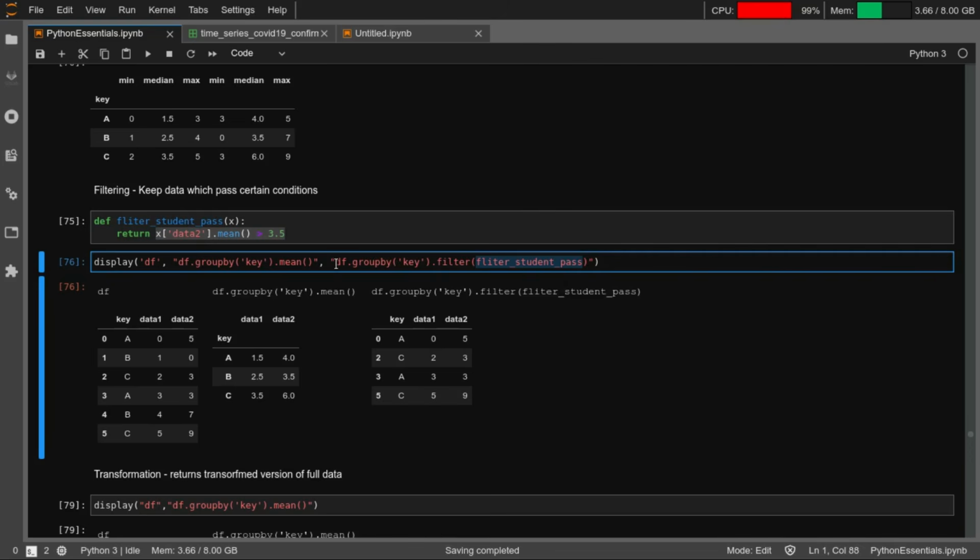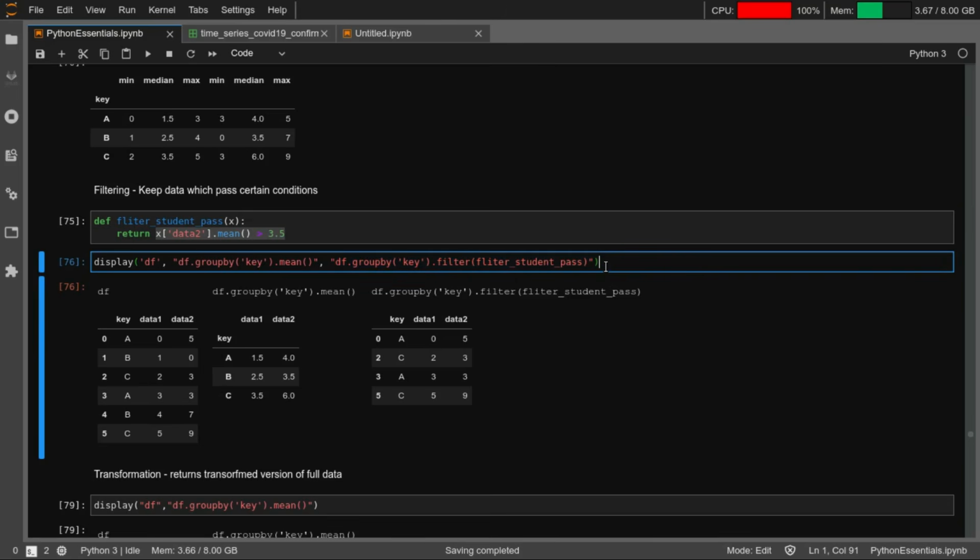So once you have grouped a data frame based on a key, then you can filter out certain rows based on any aggregation function. This is not straightforward when you're doing this manually. If you're not using a function like filter, groupby, or transformation, writing this manually would not be as easy as this.